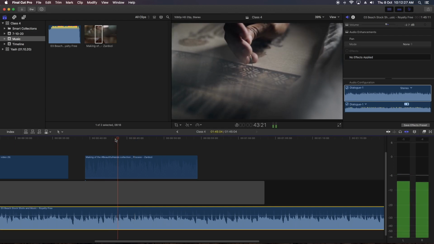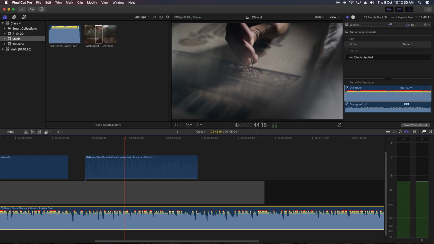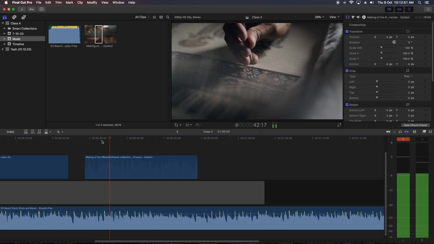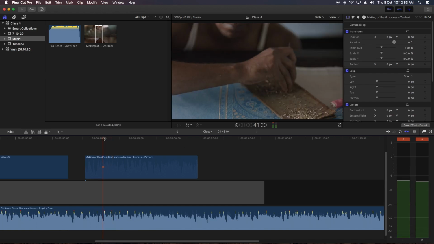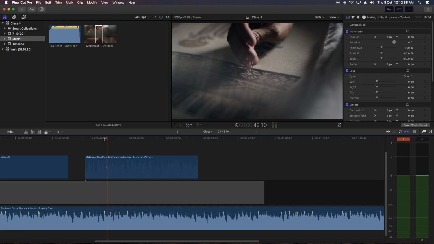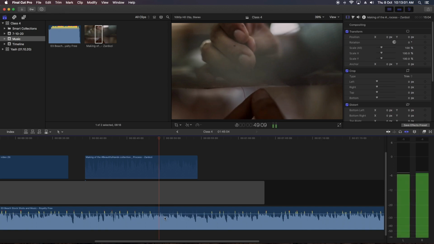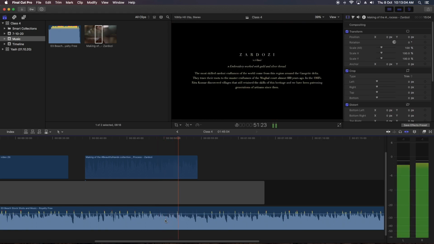Okay, so we'll play and increase this to some level. Even FCP is very good about this. It's showing a red peak. Peak means height, like a mountain peak. So it's showing us the peaks, like here the audio is going up. If I click exactly at this place, the red is coming. If I click here, there is no red signal on the audio track. So I can clearly figure out there is no audio peak here.